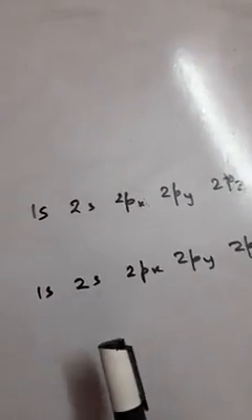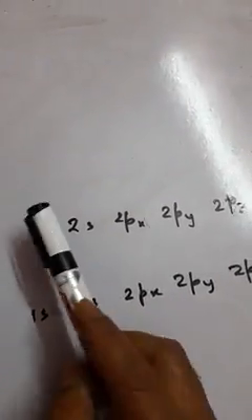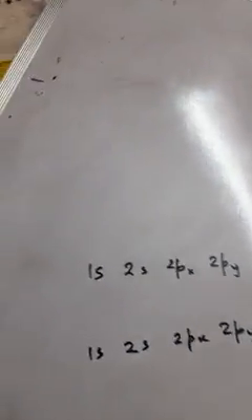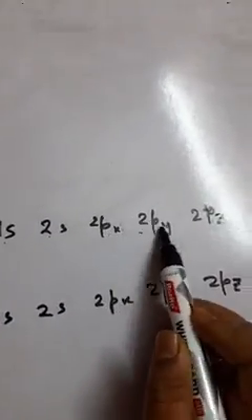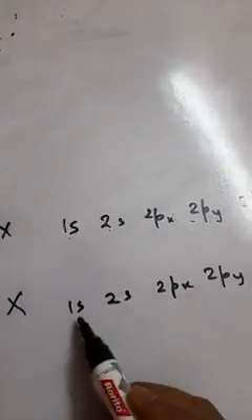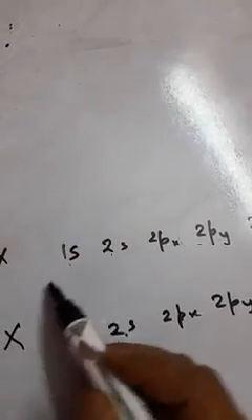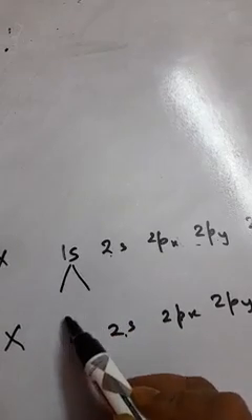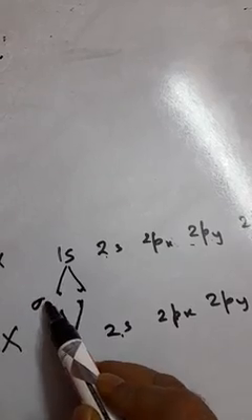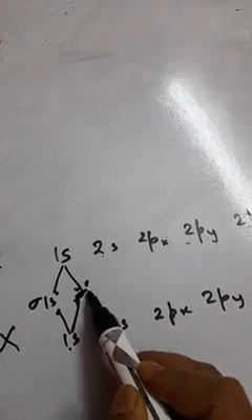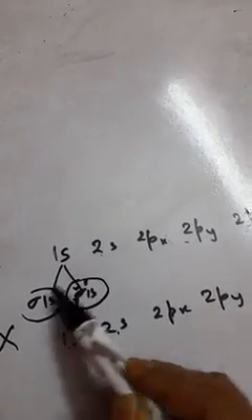So now let's see how these atomic orbitals are combining to form the molecular orbital. See, one atom, suppose an atom X. It has the orbitals 1s, 2s, then 3 types of 2p. Another same atom, again 1s, 2s, 3 types of 2p. Now these 1s orbitals are combining. They will combine in two ways, forming sigma 1s and sigma star 1s. Means 1s orbital will form one bonding molecular orbital and one antibonding molecular orbital.